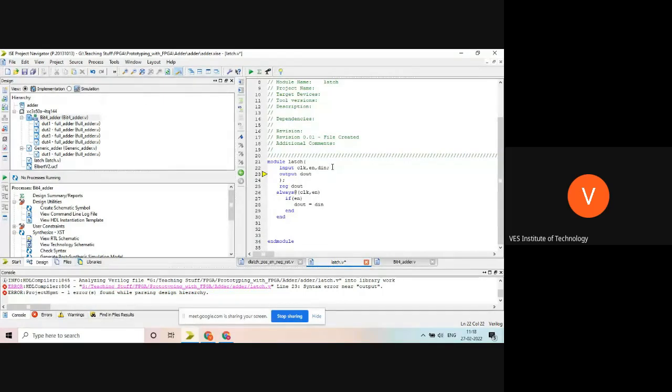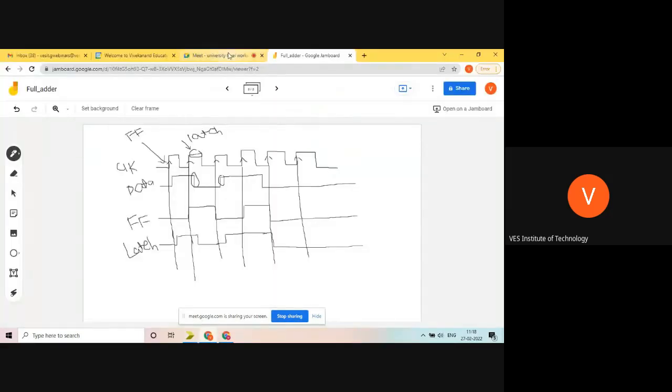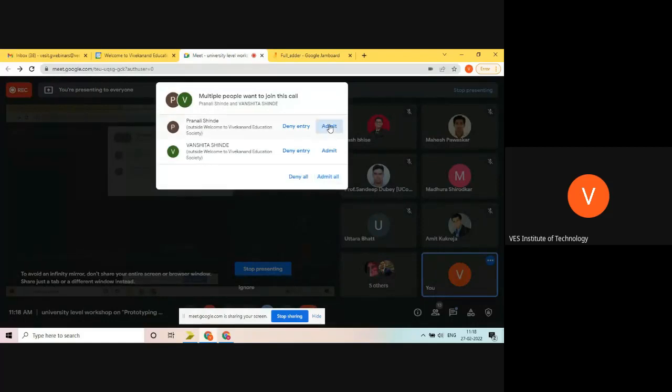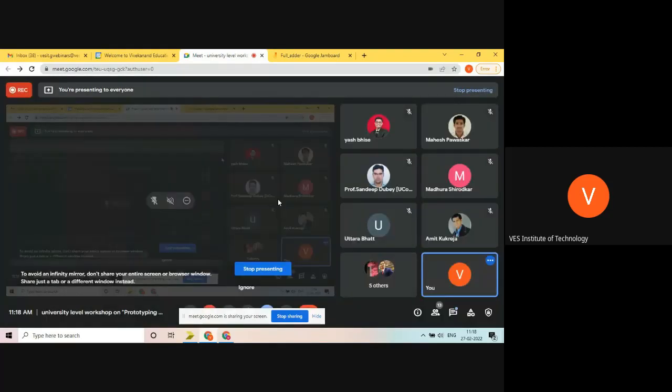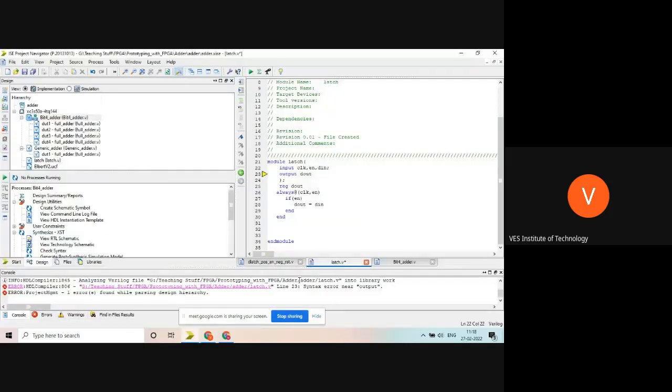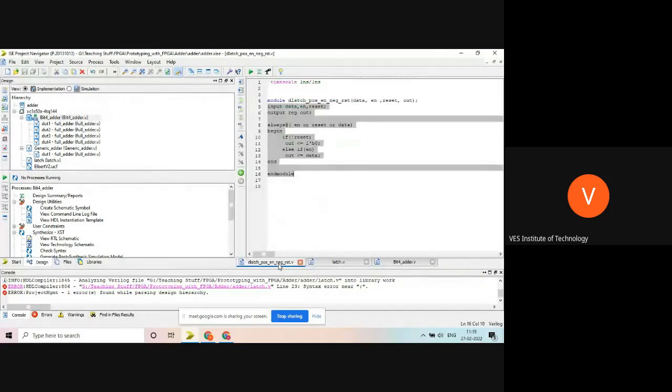Yeah, I have to write semicolon. Okay, that's it. I hope now everything is okay. What happened? Output D out. Syntax error.